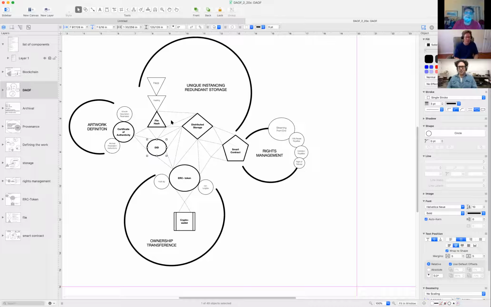I thought the DID is a JSON file format. It's a way of formatting information so it's in a JSON file, no? We have a JSON file in the art object. Okay, the art object is not... Yeah, I can see what we were doing here. We were putting the object in the DID, and I think that was a mistake.